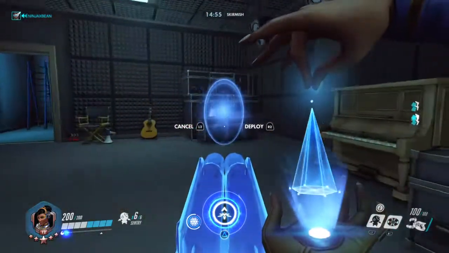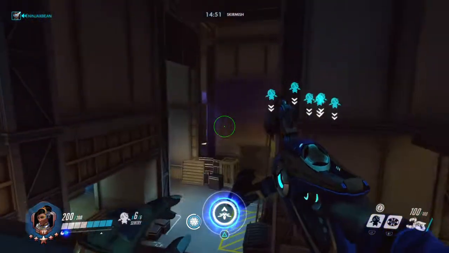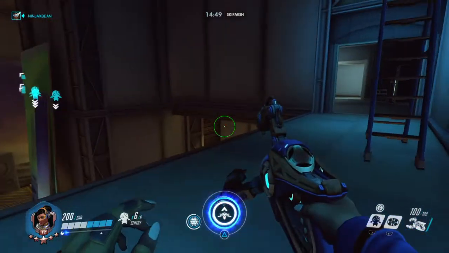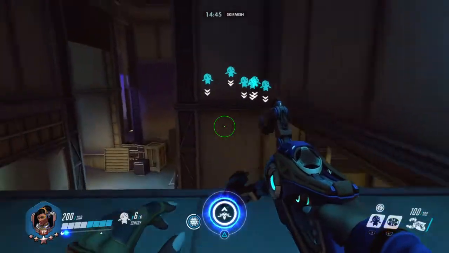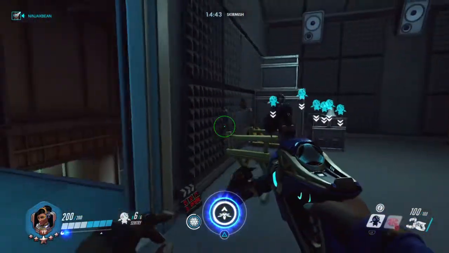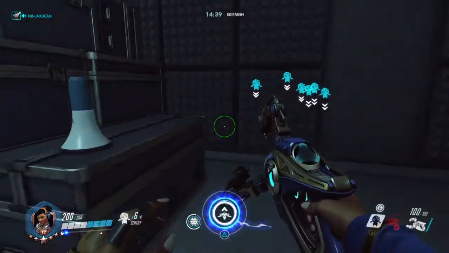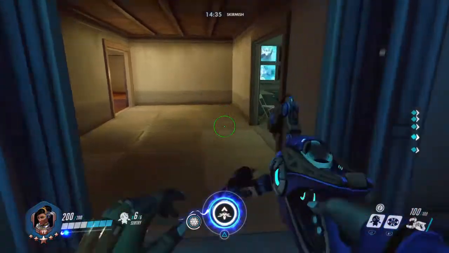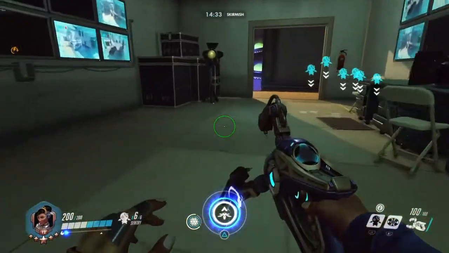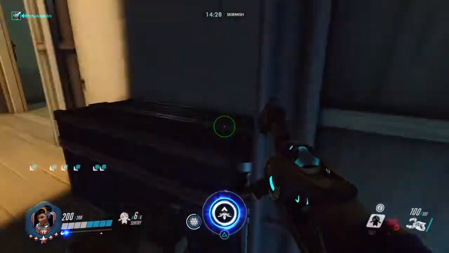You could place shield generator here in the guitar room, but if the enemy team is trying to flank, if you have teammates here that try to get some high ground, the enemy flankers can go around and they'll get your shield gen in the process. And this room is another option, but I really wouldn't recommend it. So